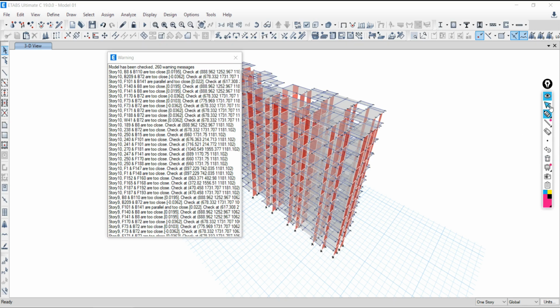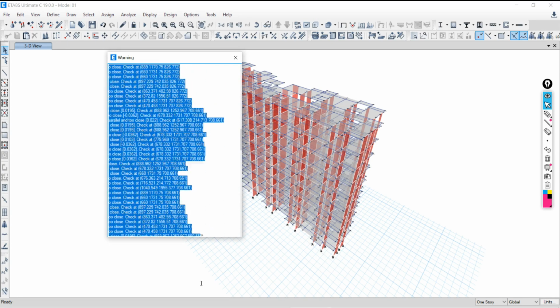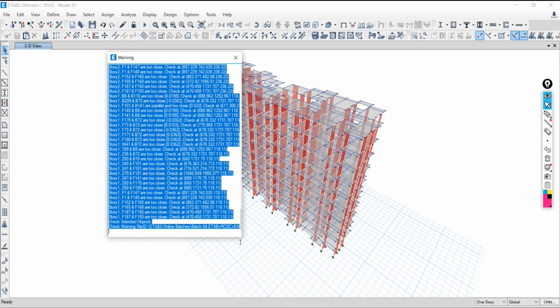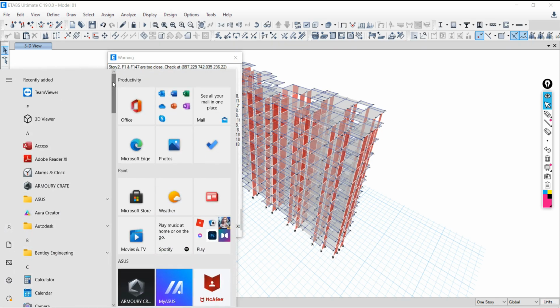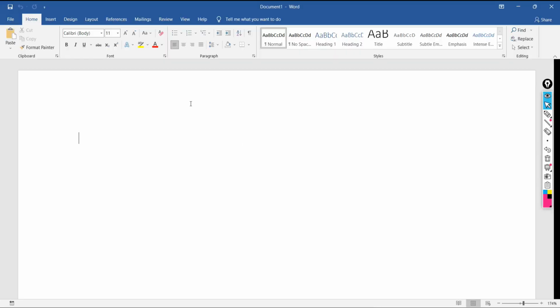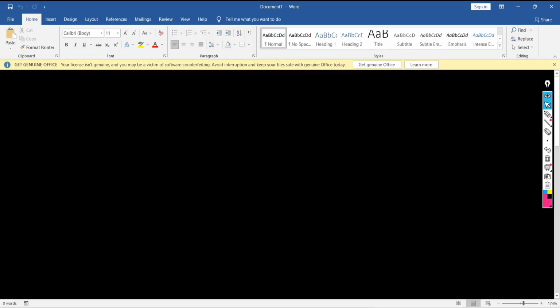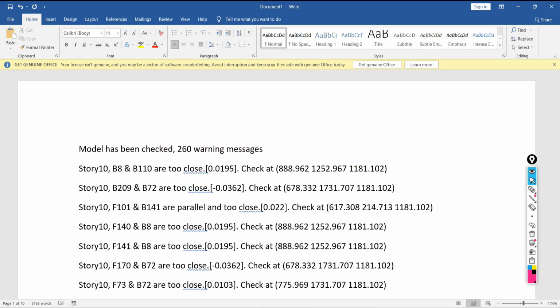So your responsibility is what? You need to correct your model first. You have to remove all these modeling errors first. So how to remove this? First of all, you need to find out the errors. So I am going to copy this all from top to bottom. Just press Control C, copy, and save this all anywhere. Open a Word file, and I'm going to save this result here, so we don't need to look at it again and again. Go back to ETABS.